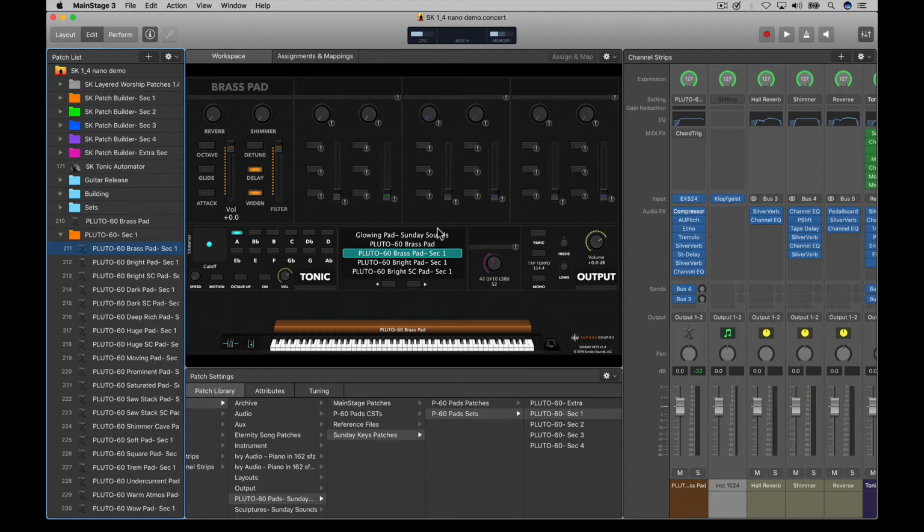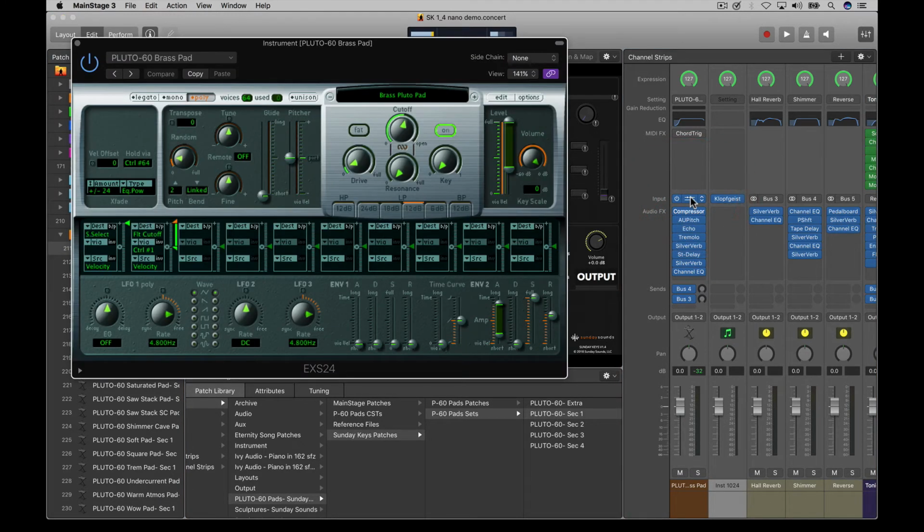But if you have, and you open up MainStage, and you hear either what sounds like a really cheesy electric piano, or no sound at all when you load in these patches, then you want to open up EXS24 for any of these presets, and you're going to see the word MISSING here in all capital letters right next to where it says the name of the preset. All you need to do is hit Refresh Menu,